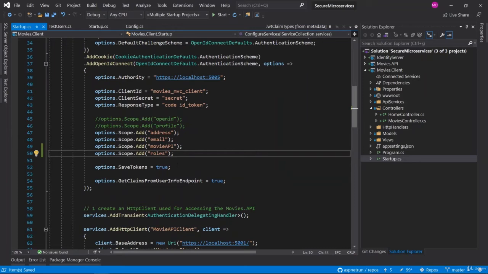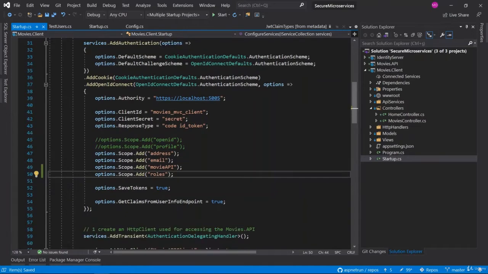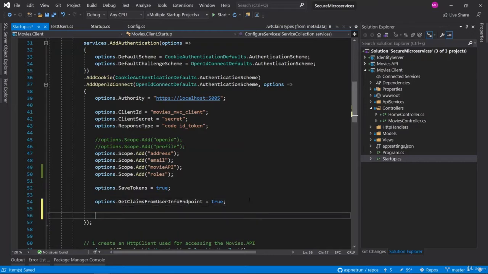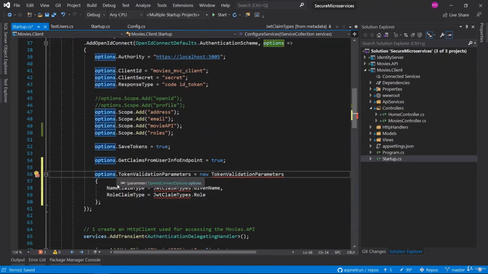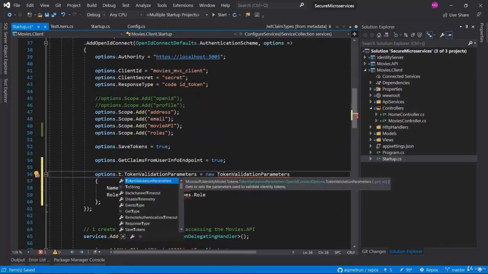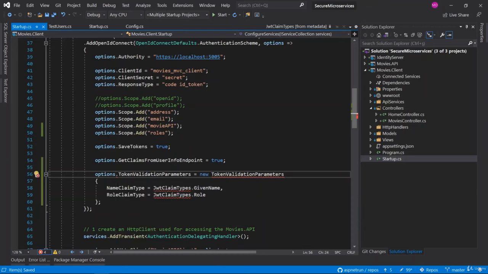Also, after that we can restrict our token validation parameters. We can add token validation parameters, which validate your token to check whether the expected parameters exist or not. For that purpose, under the options, I'm going to add a new option in here. Let me add the token validation parameters here. You can also check what the token validation parameters are. It basically validates the token for whether these claim types exist or not. If these claim types do not exist, then it gives an error.